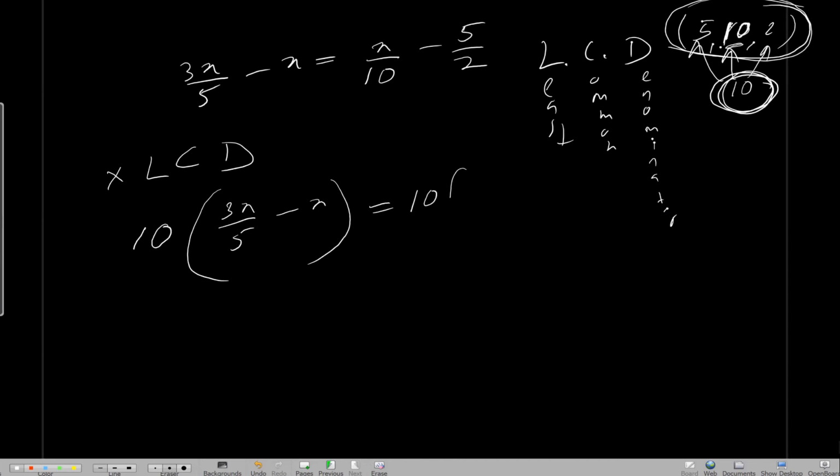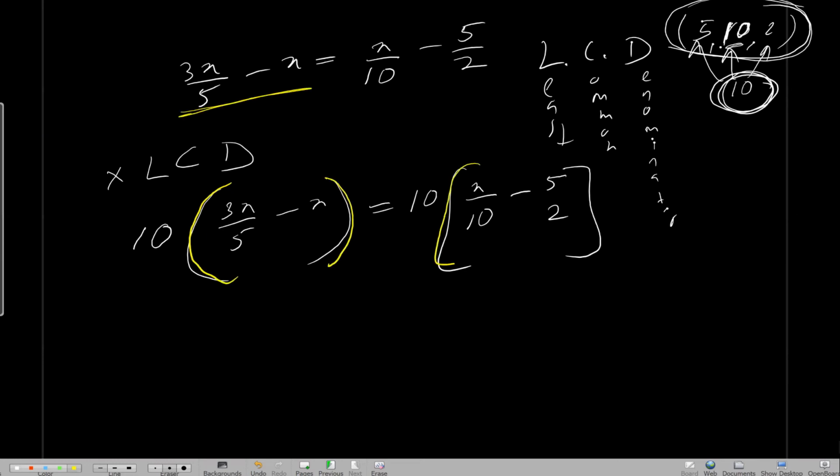So you put a parenthesis to your left hand side, right hand side. You put a big parenthesis on your left hand side and another one on your right hand side, and then put your least common denominator out of it, because then you won't miss anything. So now term by term, this guy by this guy, 10 into 3x over 5,